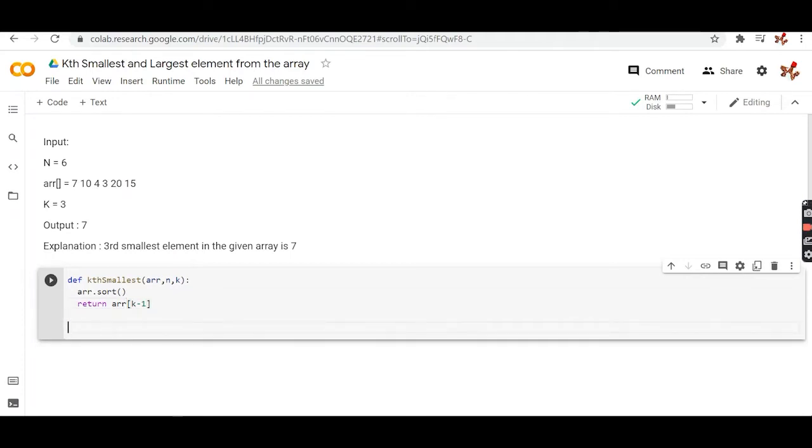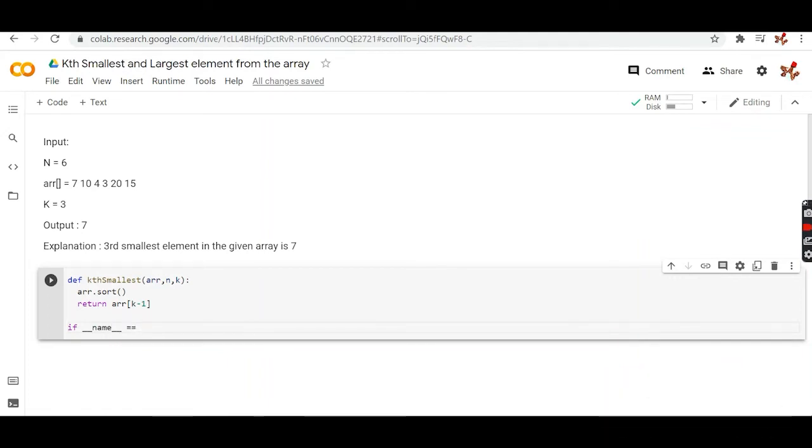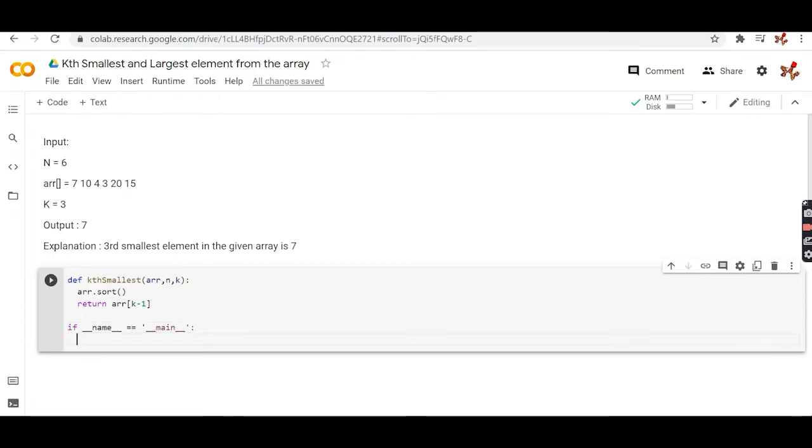So after that, we have to make driver code. By using an if statement, we pass some driver code here, that is, name is equal to main. For standard coding, a semicolon will be used. Array is equal to my input from the given data: 7, 10, 4, 3, 20, 15.